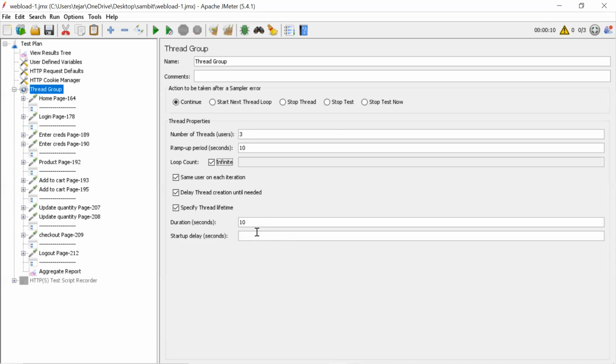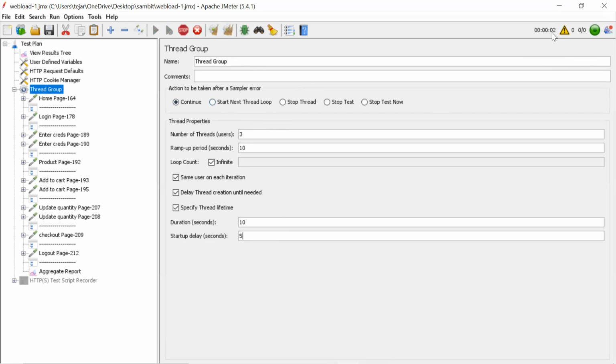And now, what is startup delay? Startup delay is when you want to start a test in 1 hour, and you have some configuration or backend changes going on. Instead of waiting for that, you can use the number here. Just give, say, 5 seconds. When you run the script, see, it won't start.